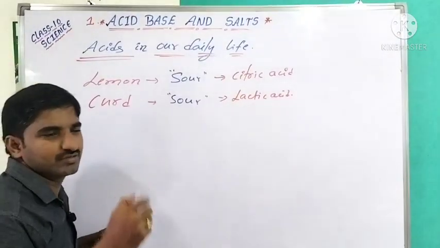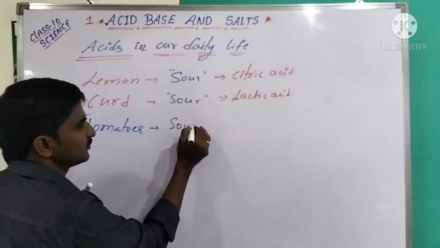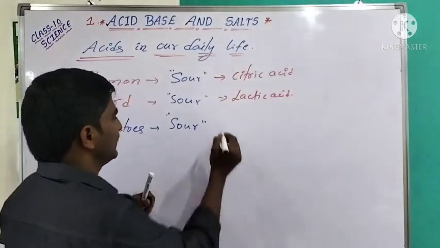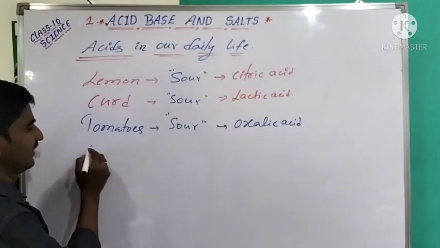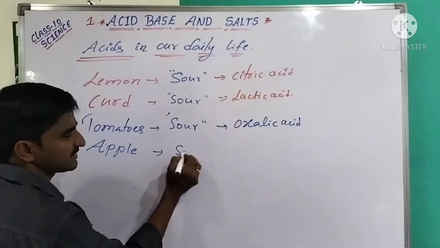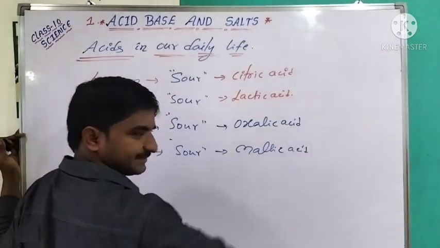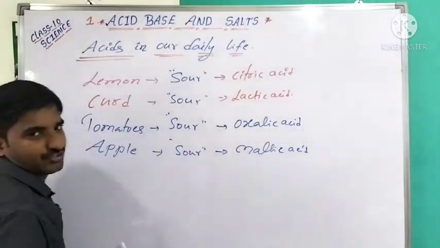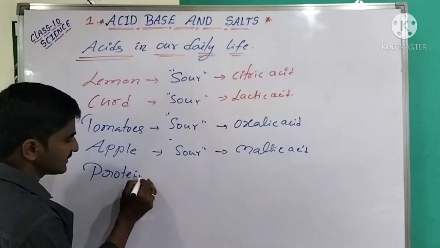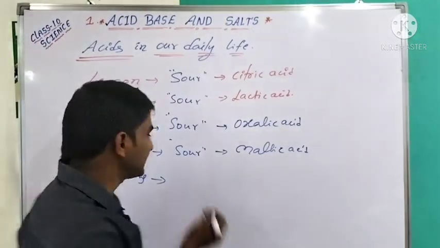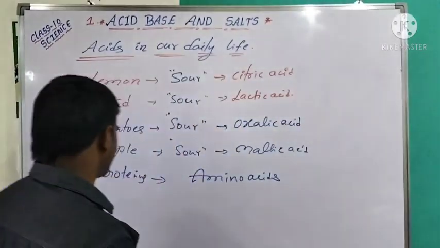Here, if you take tomato, tomatoes are also sour. It is used in spices and sauce. This also consists of oxalic acid. Oxalic acid. For example, everyone knows that apple has a little bit of sour taste, not more. That is also due to the malic acid present. If you take spinach, oxalic acid is there. Proteins also have a little bit of sour taste, as amino acids are there. Amino acids. Okay, here urea,